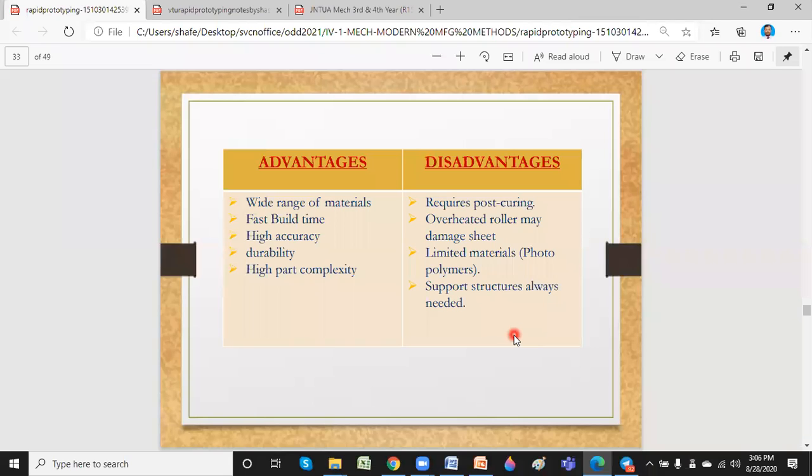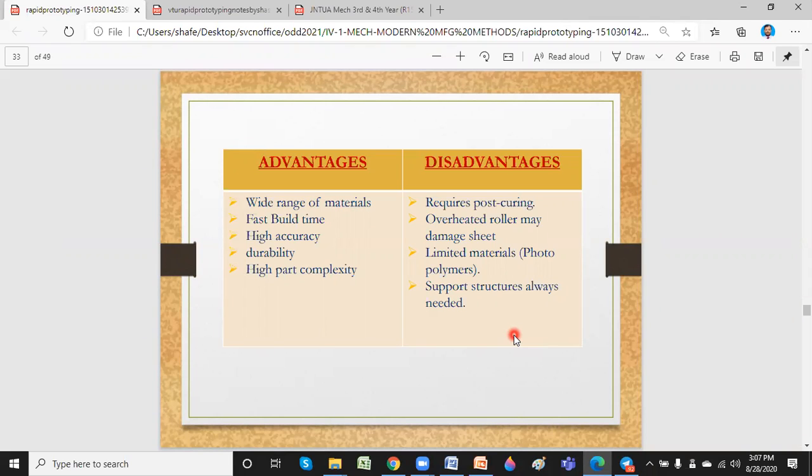So for today's class, what exactly have we learned? Apart from stereolithography, which we discussed in the last class, in this session we discussed two more rapid prototyping processes. The most popular one is the fused deposition modeling technique, and the other one is LOM, laminated object manufacturing.